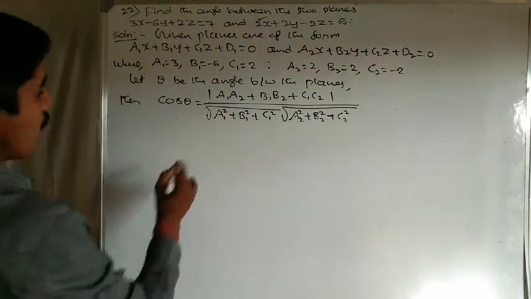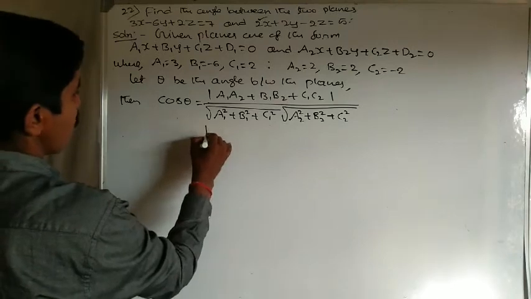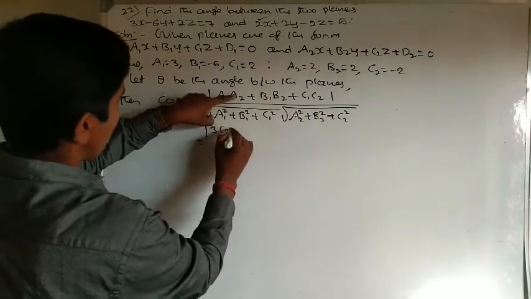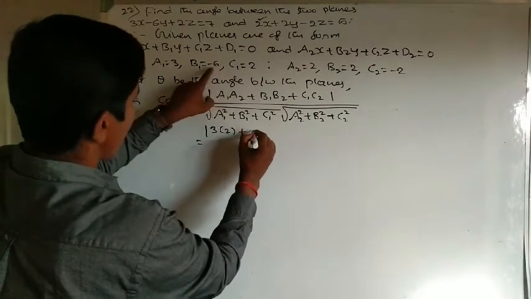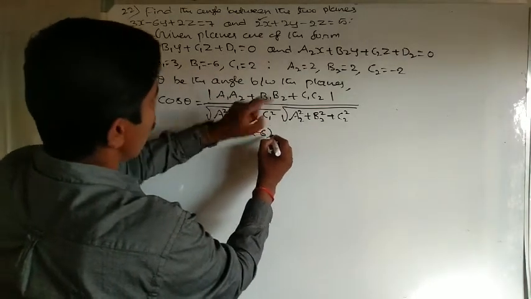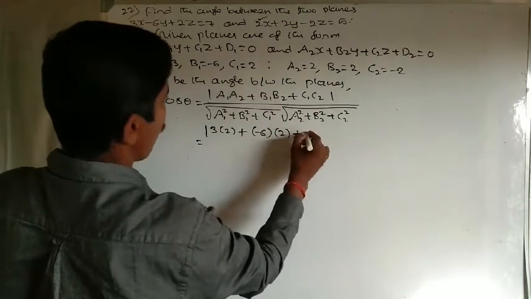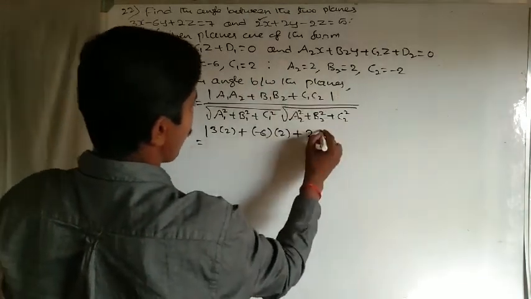Just substitute the values. Substituting a1 is equal to 3, a2 is equal to 2, b1 is equal to minus 6, b2 is equal to 2, c1 is equal to 2, c2 is equal to minus 2